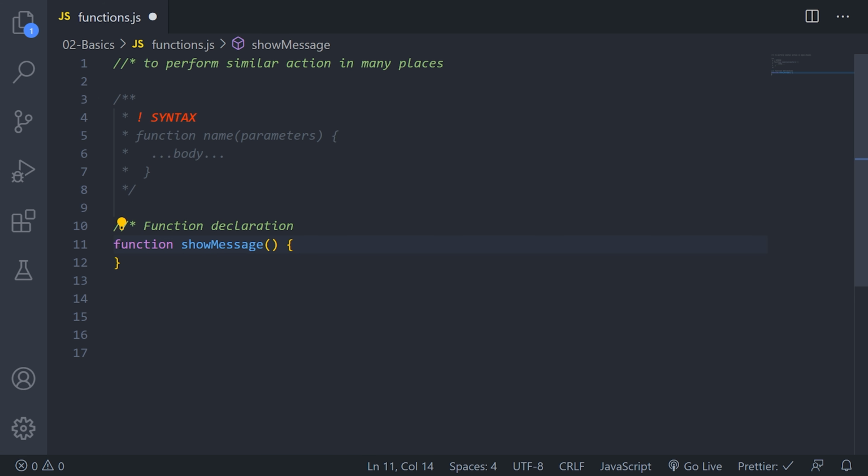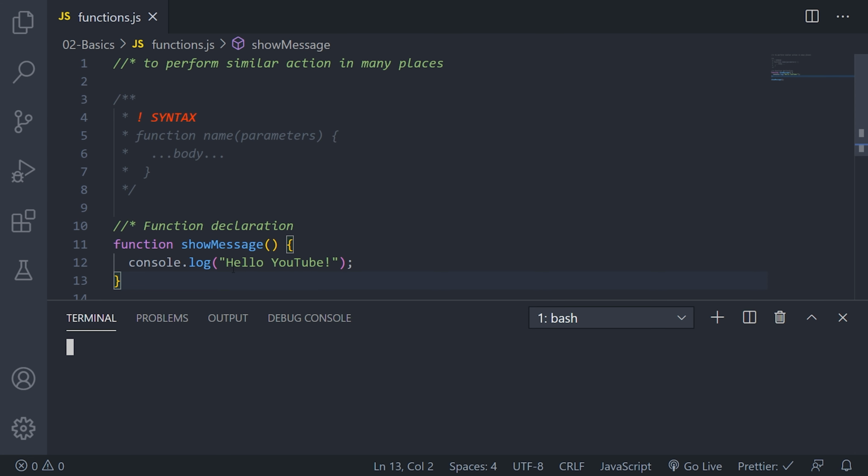You just have to write the function keyword, then your function name, and then the parentheses and the curly braces. Within the curly braces, you write the actions you want to perform for this function. So let us run this function first.